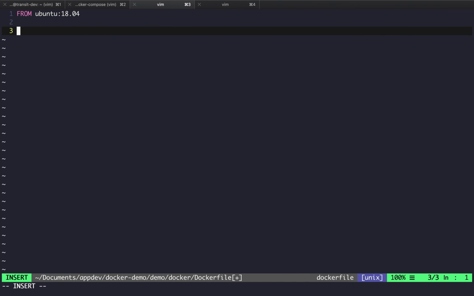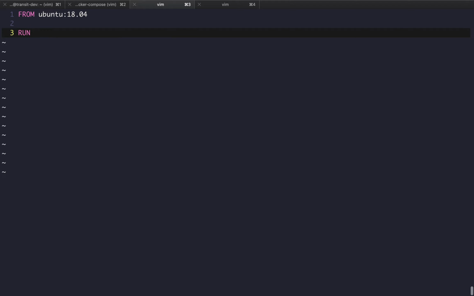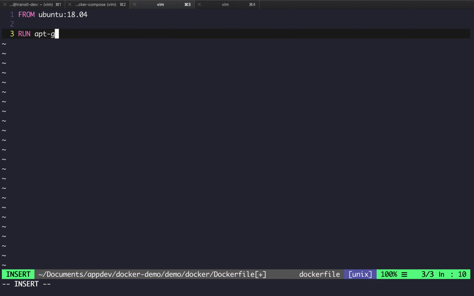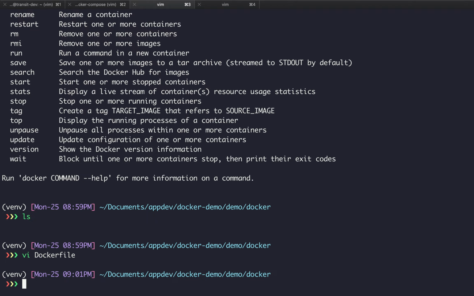From here, I'm going to run a command, so it's pretty straightforward. We start from an image and then we run a command. Run apt-get install. This is something that you would have had to do if you were on a VM, most likely, to install Python. So something like this, right? apt-get install python3. So let's just see if this works. I actually don't think it's going to work, but we'll find out.